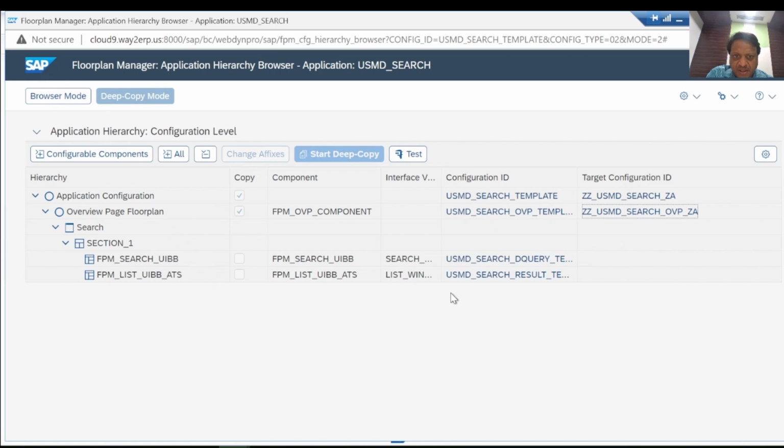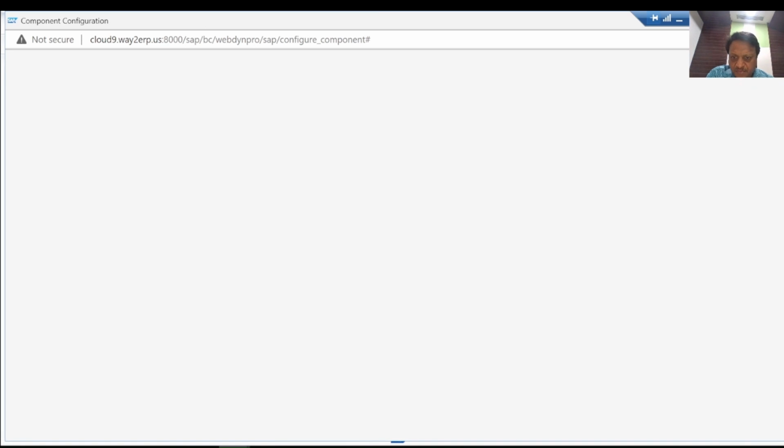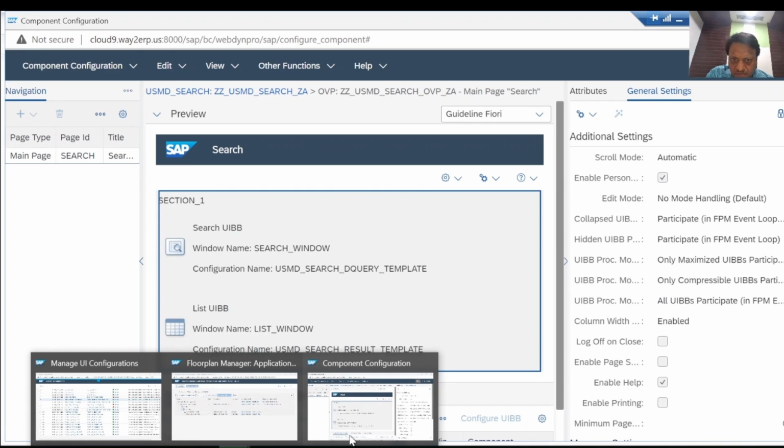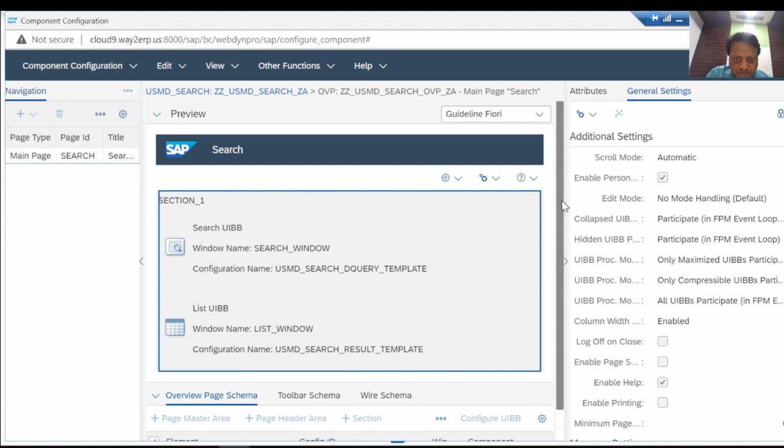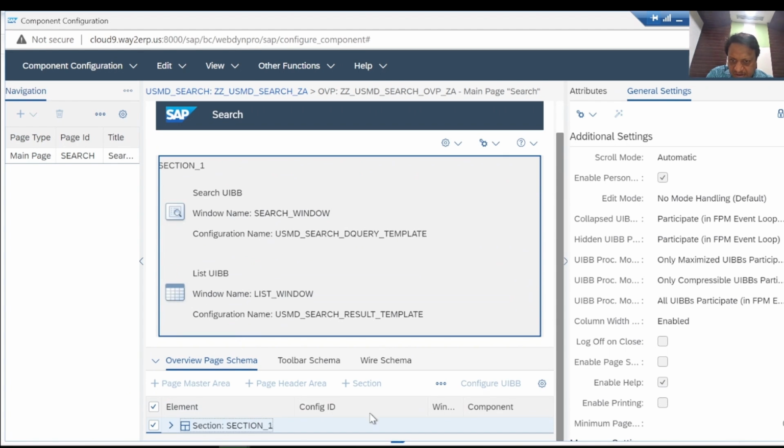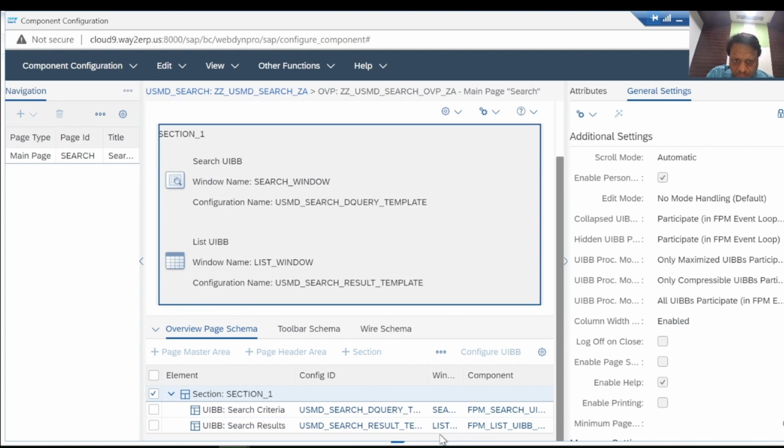I think let's go back to this application again, and into this, so again I'll open the section, and the first thing is, they come with a template definition, the config ID, because we copied the standard template. So we will change the name of these config IDs, and